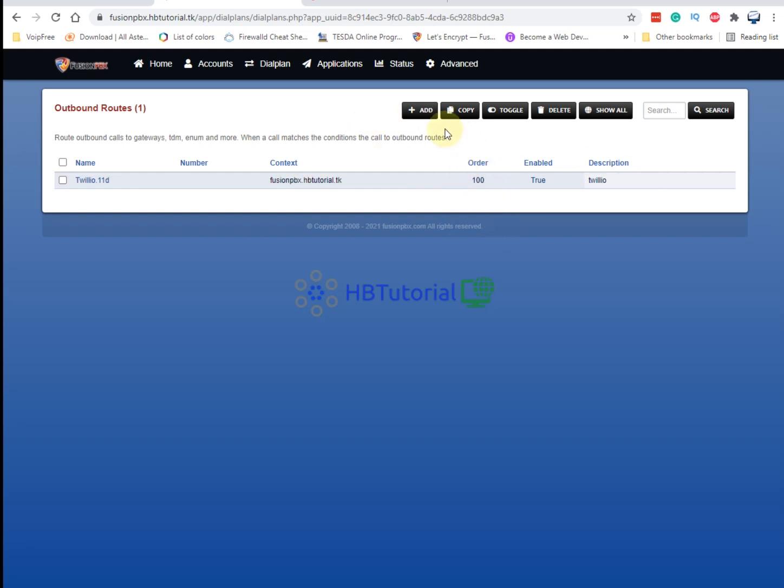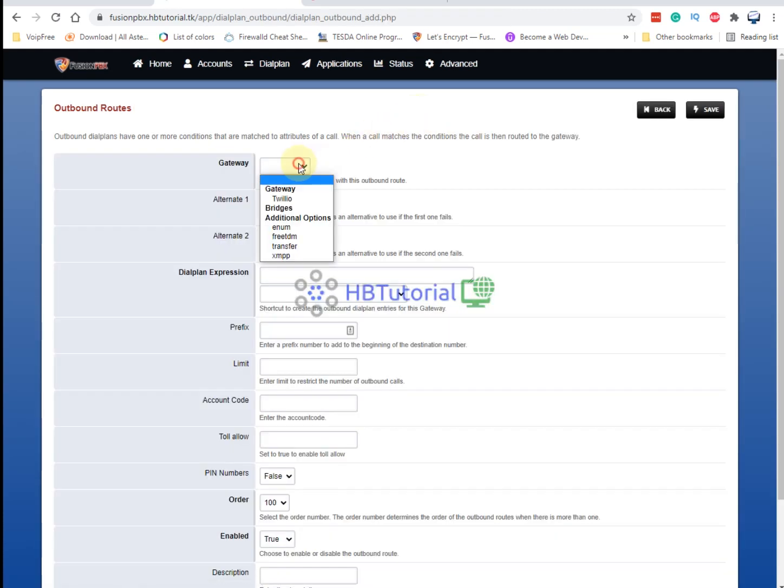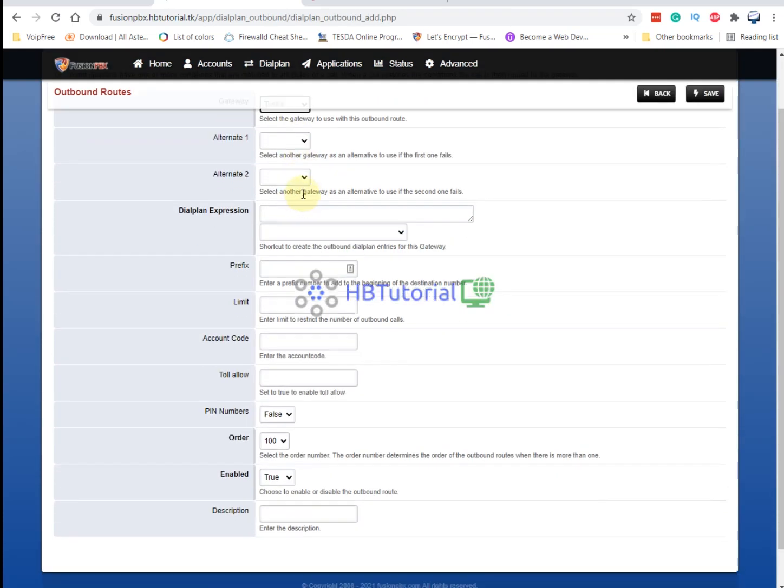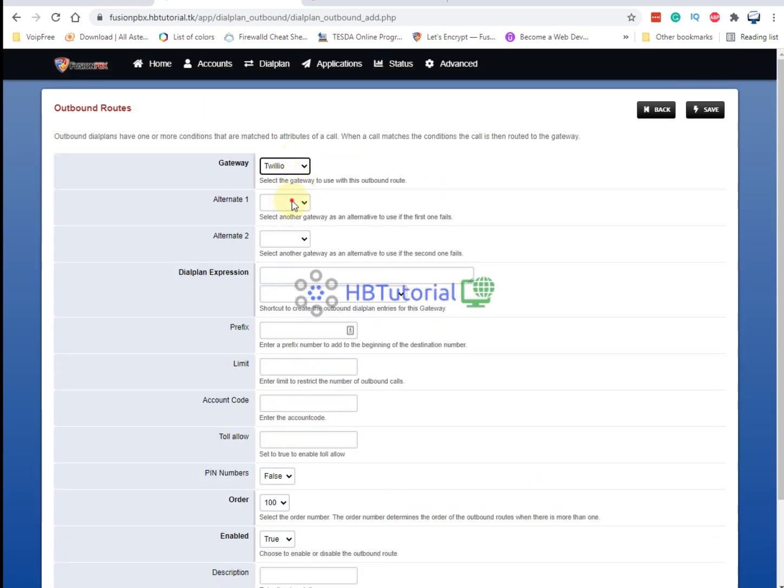This is very important especially for the carrier or VoIP provider that requires E.164 numbers. They need to have a plus sign on every number you call, especially Twilio, and also some VoIP providers need that. Okay, so you can add on trunk, Twilio, your gateway, if you have multiple gateways, and you can